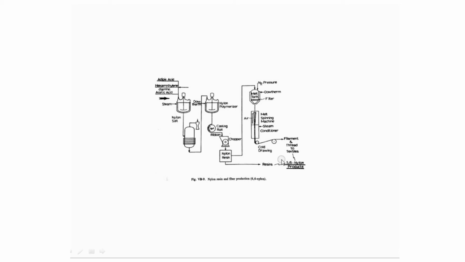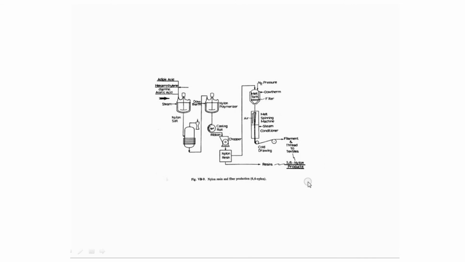At the same time, it can be transported to some other industry which manufactures other products, like bristles, like leaders, etc. So we can sell them. For that purpose, we can use this nylon resin, or we can use the ribbon, or it can be used from here directly. We can send it to this part, and then from there we can also make threads. So we can bypass this.